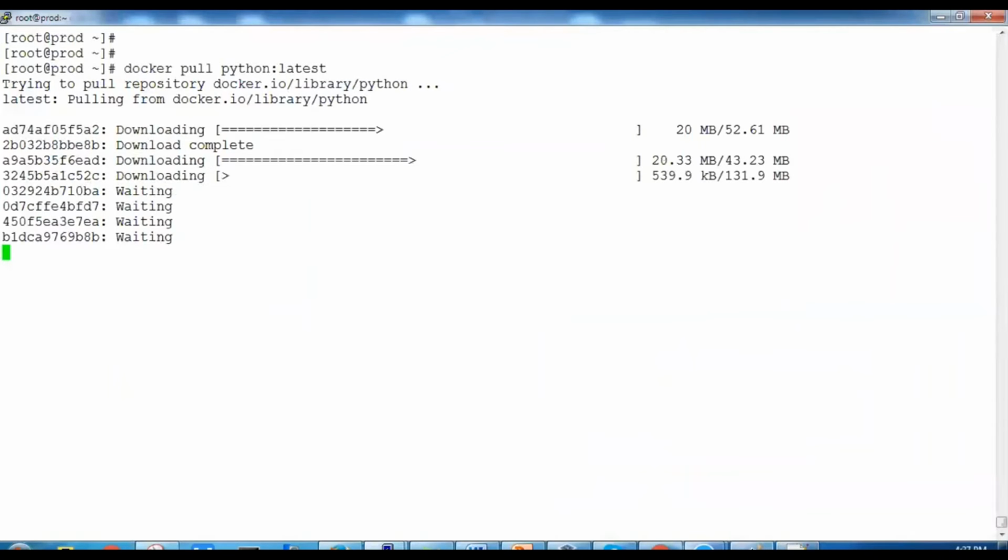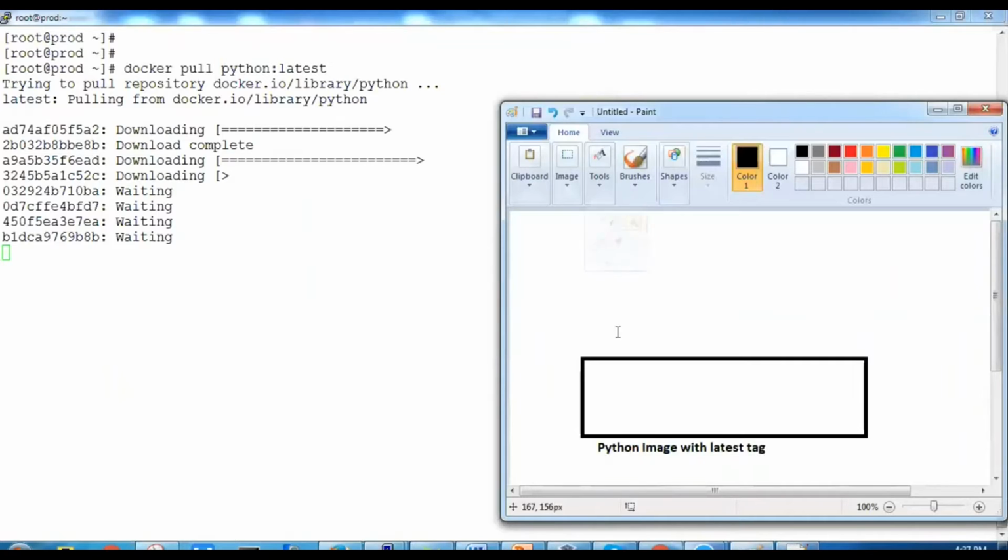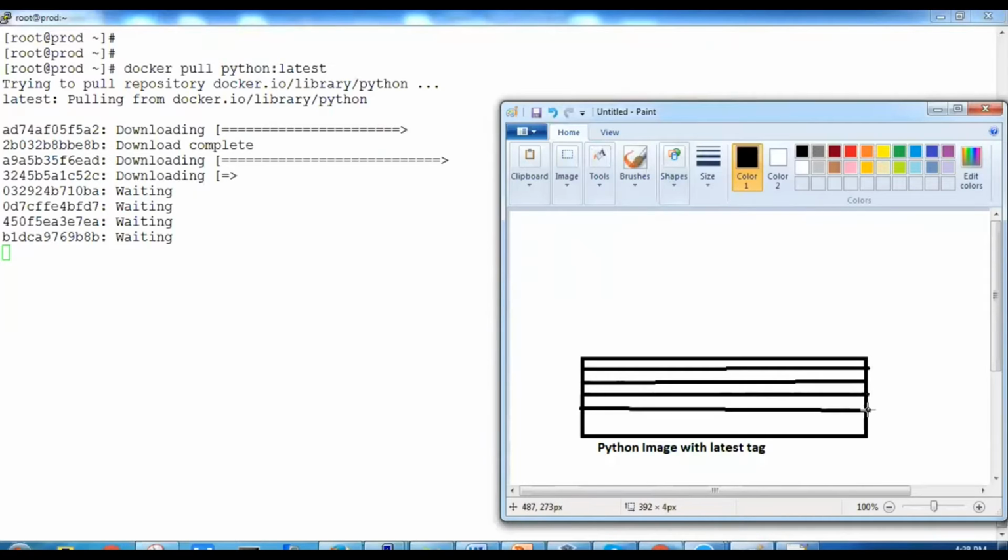So this Python image which we are downloading has a total of 8 layers. 1, 2, 3, 4, 5, 6, 7.